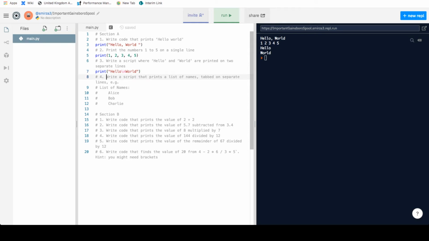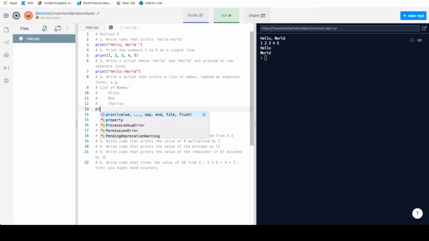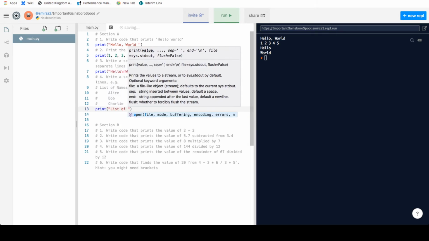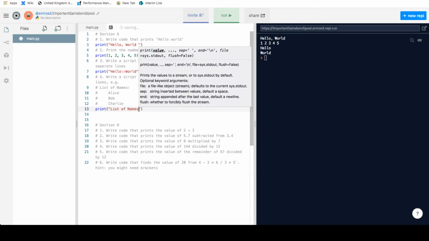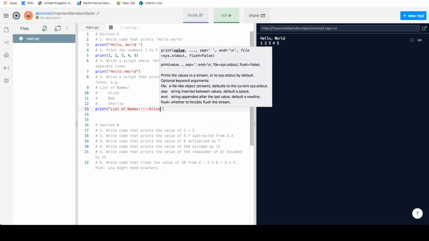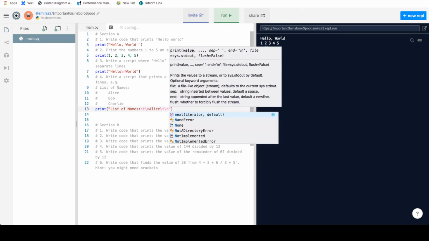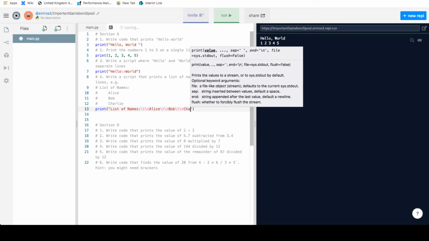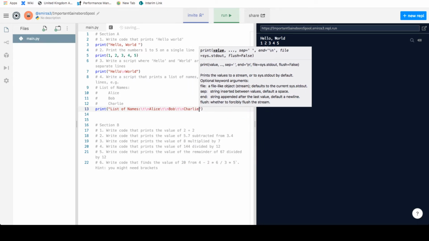Now, for number 4, we're going to write a script that prints a list of names that are tabbed on separate lines. So again, we're using our print function. Then it's a string, so we need our quotes, list of names, and then we're going to tab, so that \t is tab and \n is new line. We've got Alice, Bob, and Charlie. And if we run that,